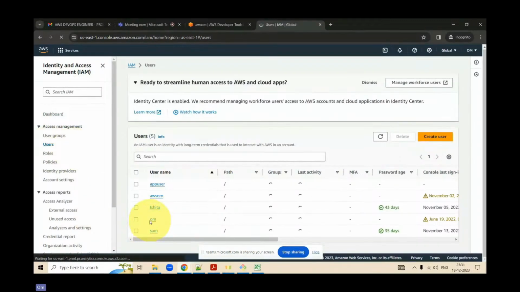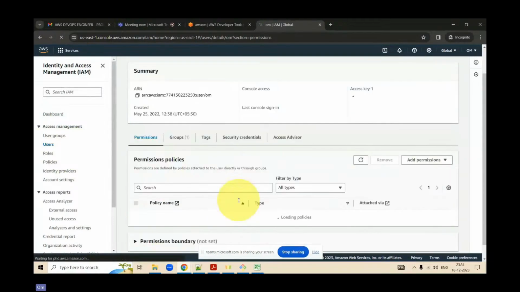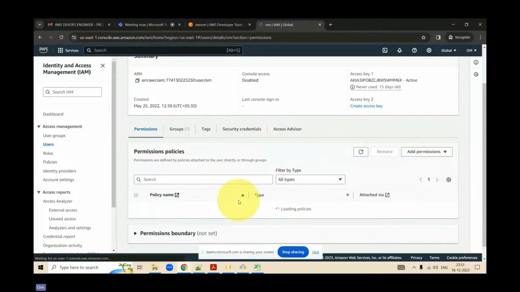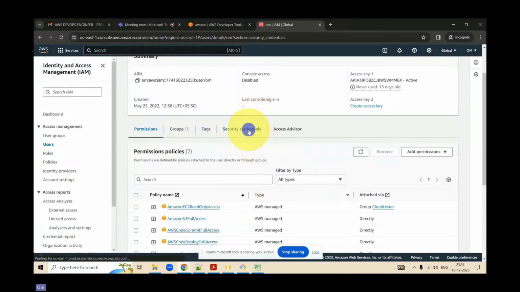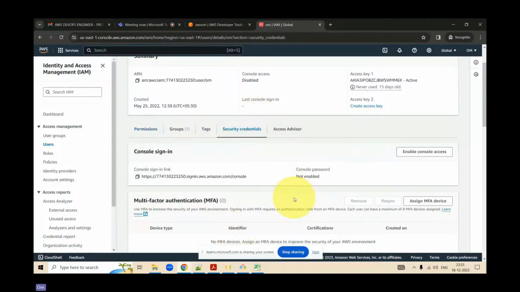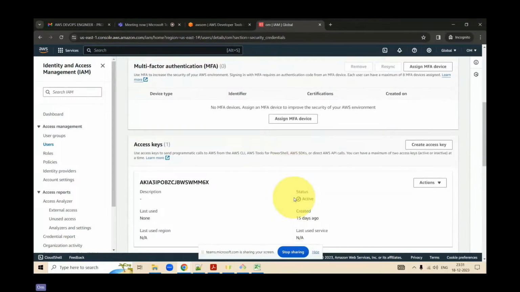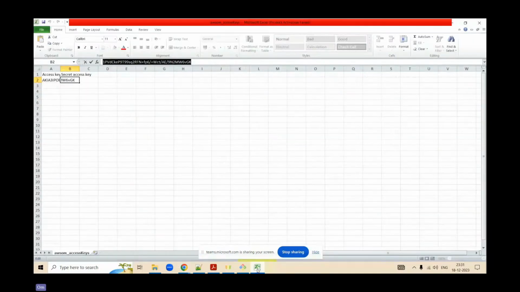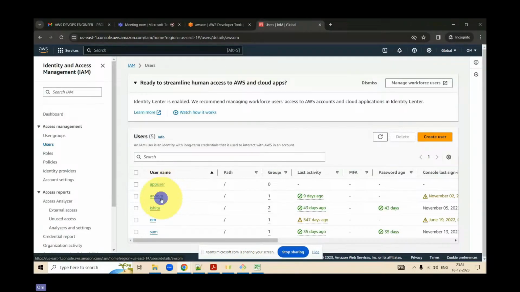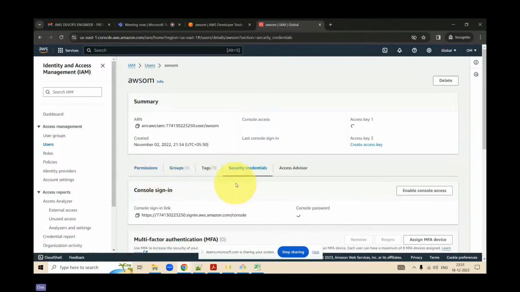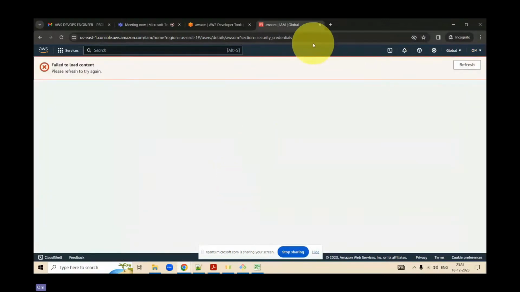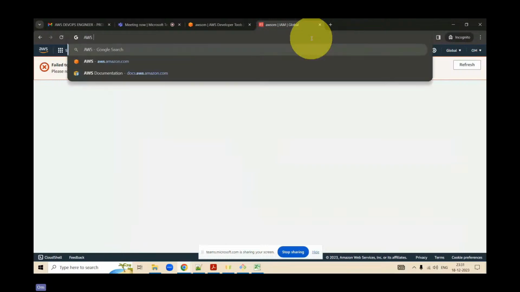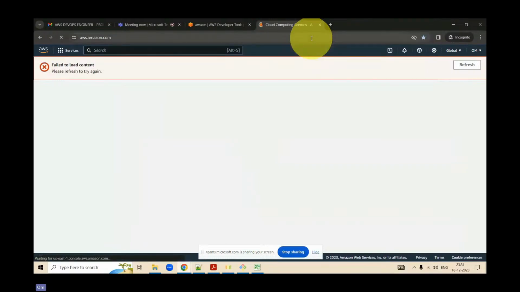So I need to check which user I'm using as of now. I think I was using app user, I'm not sure. Let me just check. Now go to the security credentials. It is ending with double MF6, no, that is not the correct one. My username, I don't know this one. It is ending with UM4J, correct? So let's see if there is any user by the name UM4J. Is it this one? Awesome. Let's see. Login failed. I need to log in to AWS again, it has been idle for so long.